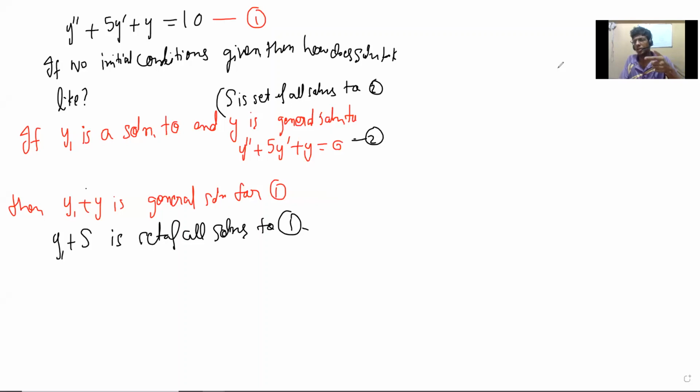So it's very straightforward actually. You just say that y2 is another solution of 1, then how do you